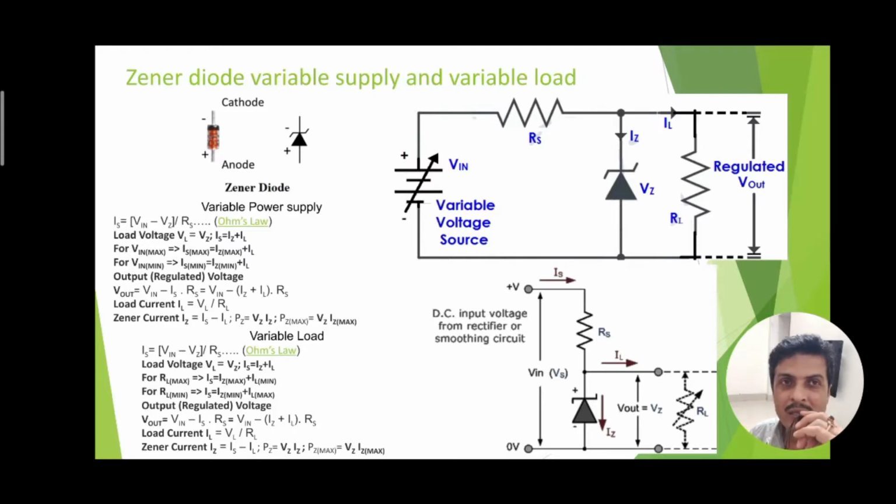So in the first case, when the supply voltage is varied, the source current will be the summation of the Zener current and the load current. Since the supply voltage may be increased, that will increase the source current, the Zener diode will reach the breakdown voltage, and the excess current will flow through the Zener diode instead of the load,